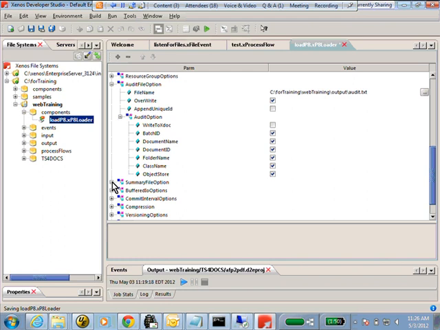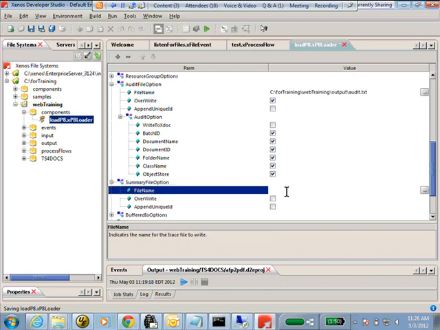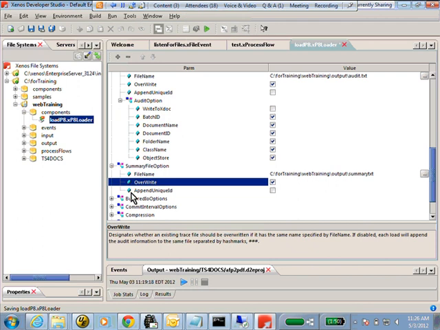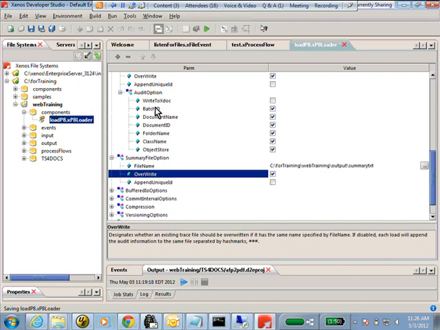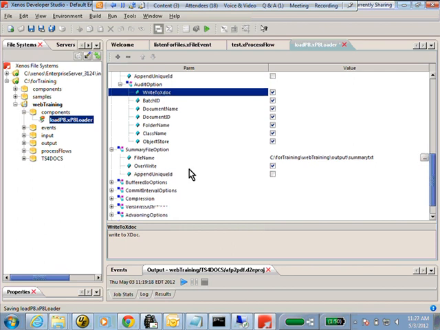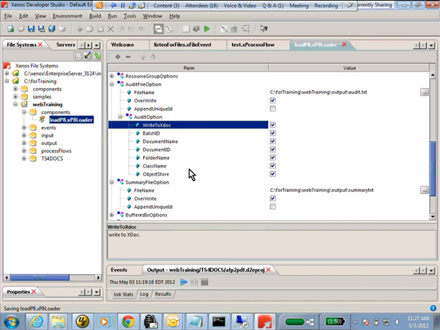We also have a summary file, so I'm going to create that as well. I'm going to overwrite. Back up here, I'm going to click this to write text doc, because when we send an email later, I'm going to attach this audit file to it as well. Okay, so we've set up the summary file. The summary file is going to tell us what was loaded, etc. The auditing enables us to go back and see what was actually happening.